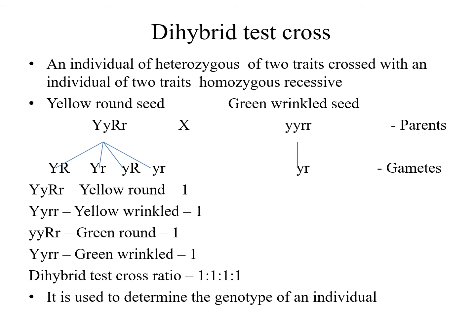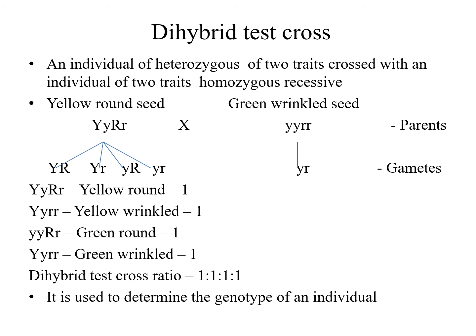Here we have taken the heterozygous dominant. See, you know already the seed color and shape. Seed color yellow is dominant, green is recessive. Seed shape round is dominant, wrinkled is recessive. The same thing is shown here. Y, that is yellow color, capital Y. Then the next letter is small y because it is heterozygous dominant. Then round, so capital R, then small r, for wrinkled. Okay. Then here small y, small r.